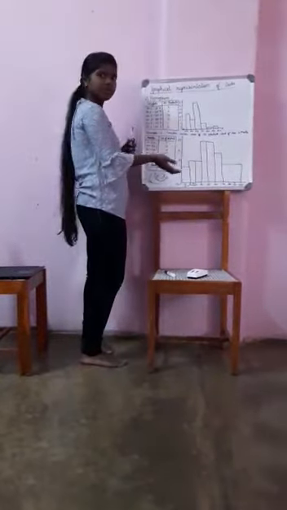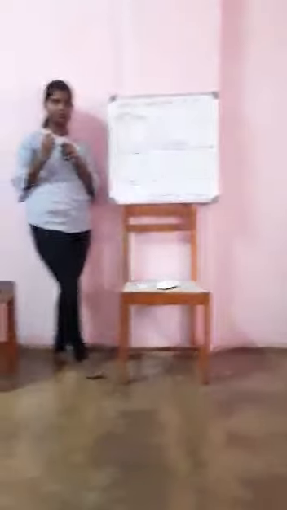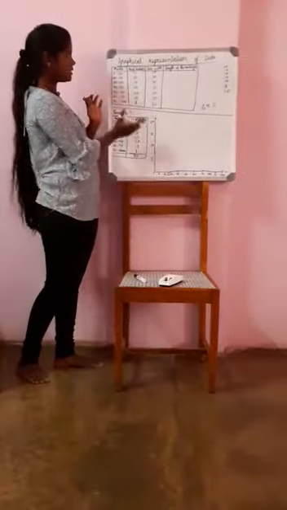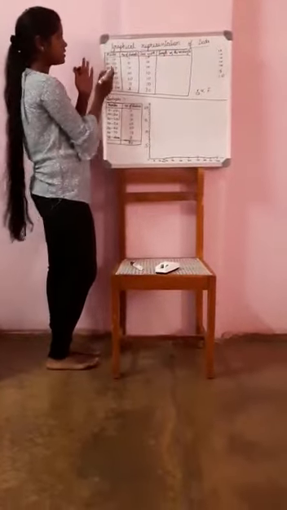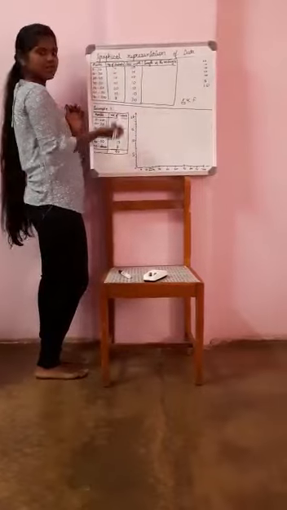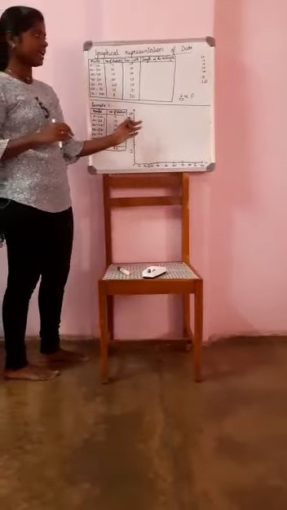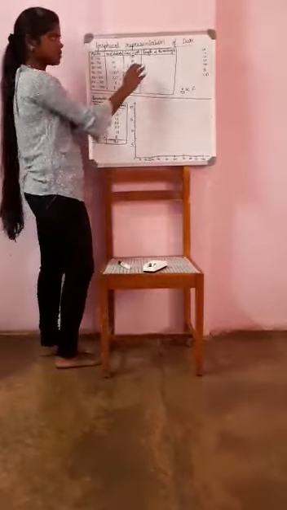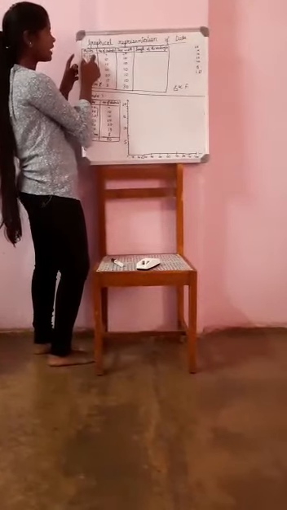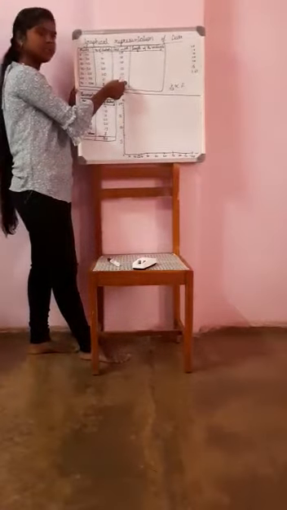In order to overcome this, we are going to use another method. I am going to rewrite this table in this way. I am going to write the marks, number of students, then class width and length of the rectangle in order to make the rectangle proportional to the frequency. This is what I am going to do. Now I am going to select a class width which is of minimum value.